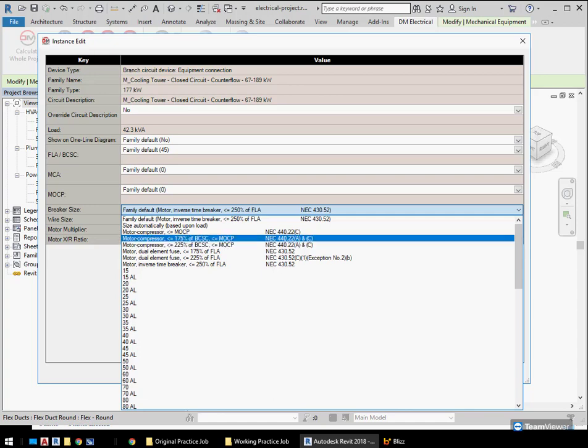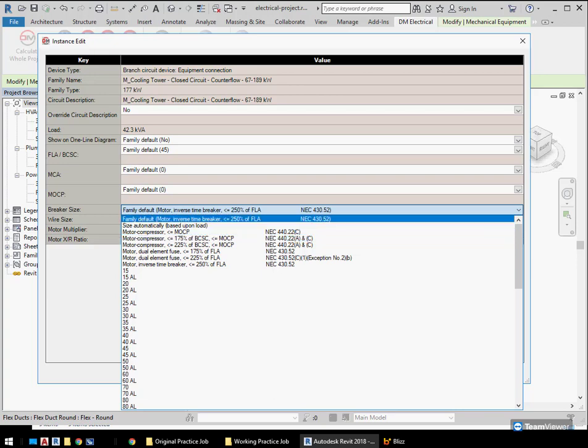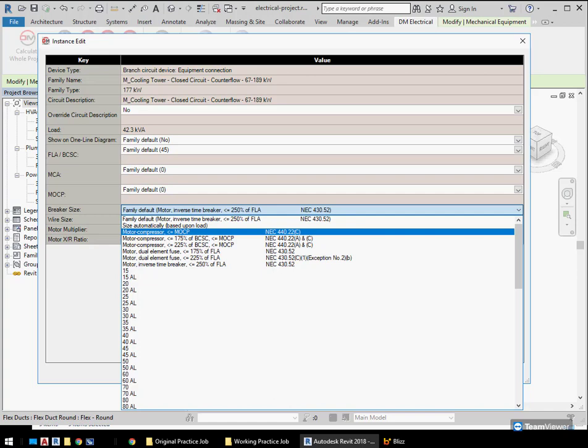So for your breaker sizing on your motor compressor, you need to go read the code, figure out which area you're in, and then choose the appropriate one. We'll have it be less than that, and we'll also use the MOCP, and between the two, get the maximum value. So the FLA also has that BCSC, which is the branch circuit selection current, which is just